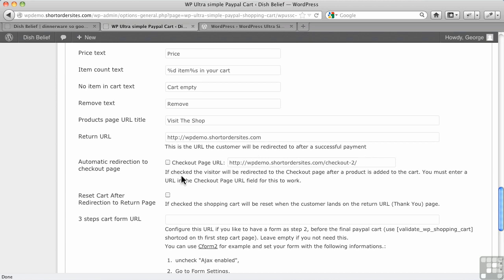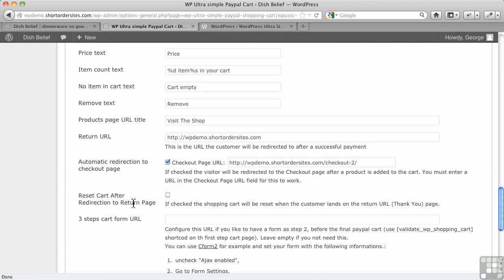The idea here is that if you don't have a widget on the sidebar for your shopping cart, it's on a separate page or a post, it doesn't automatically go there to show you that the item you just added is in fact in your cart. And people like to have that verification. Did it actually go into my cart? If it's on the sidebar, they can see whether it is or not. This is very handy to check off here and say, take me over to the shopping cart and show me what I've got, if you're not using the widget.